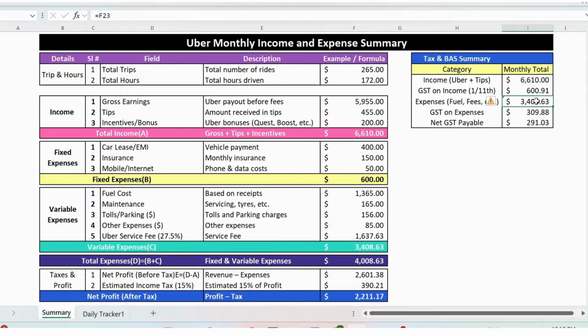Then you have the expenses, which is the total of all the variable expenses. Then you have the GST on the expenses on all the variable expenses. And then you have the net GST payable, that will be calculated on the GST on income and then GST on expenses, and the difference would be net GST payable.